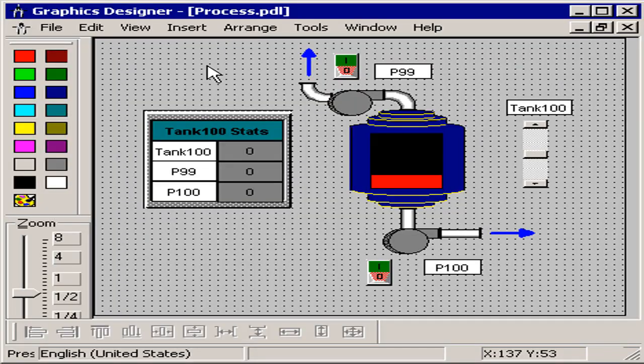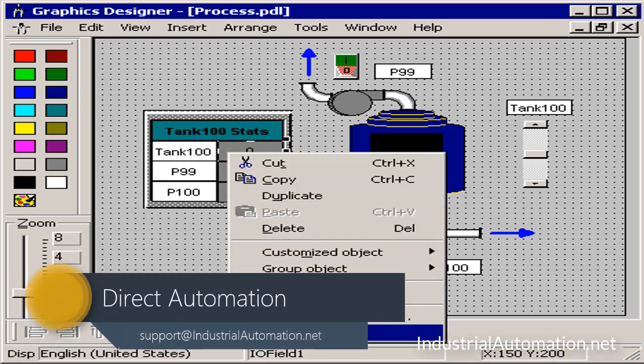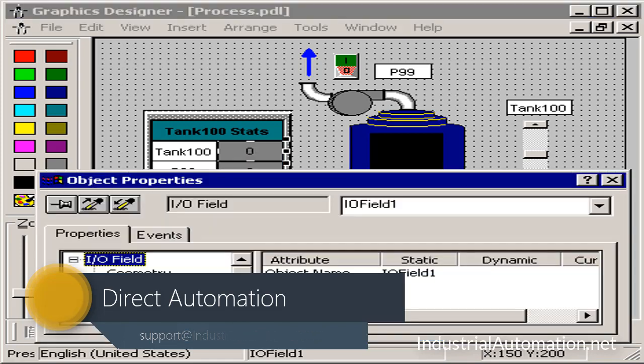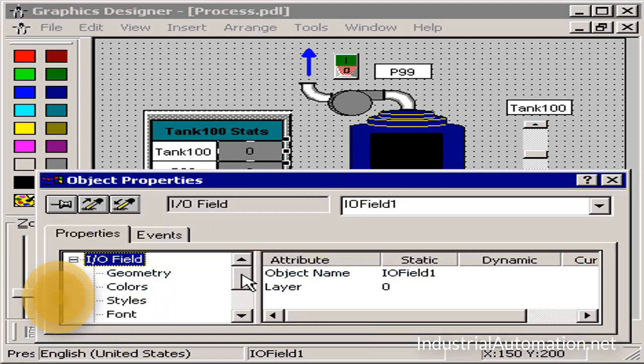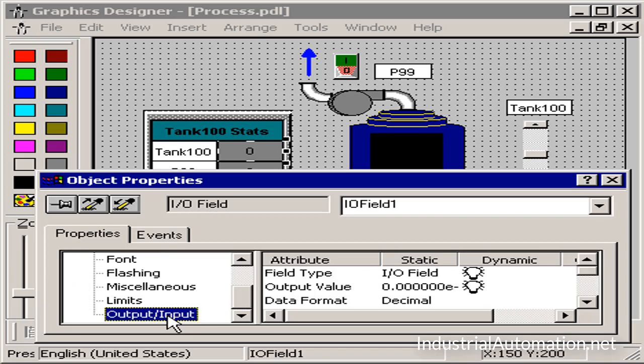Now that I have my screen laid out, it's time to attach some tags to some of my objects. I'll start with my I/O field, which is going to reflect the value in my tank. I'll right-click this object and choose Properties. And I'll go down to the property that I'd like to attach it to. I'll go down to my property topic, Output Input, and choose my output value attribute or property, and right-click on